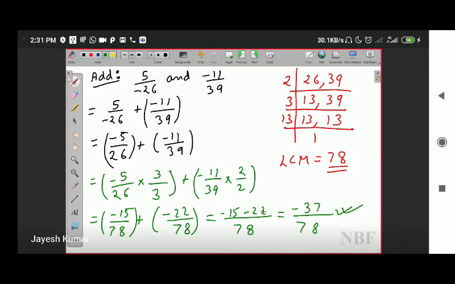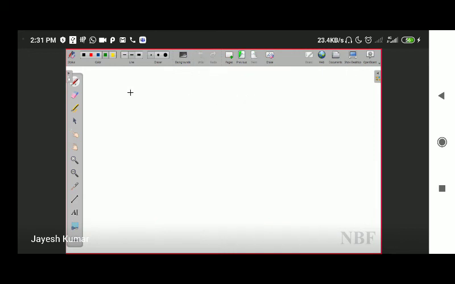Fine. Okay. Let's quickly do another question. This will be the last question for today. For your homework, all the questions that I have discussed are from your book Math Bliss, your class 8 book. This is all the questions from exercise 1.1. All the remaining questions, along with optional questions, you have to do by yourself in your homework copy. All the questions that I discuss in the video are to be done in your classwork copy. All the remaining questions are to be done in your homework copy.